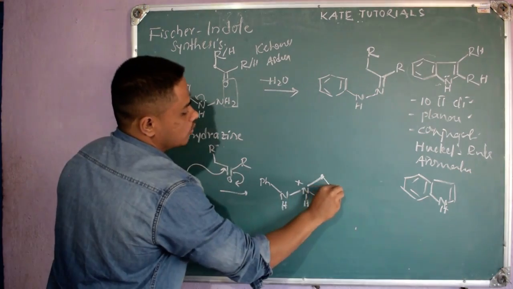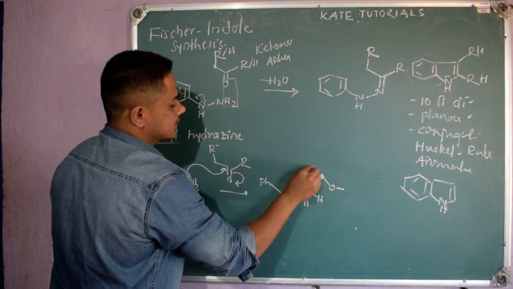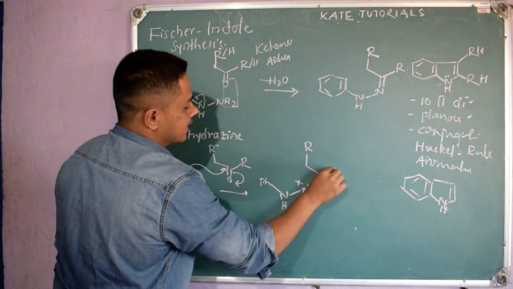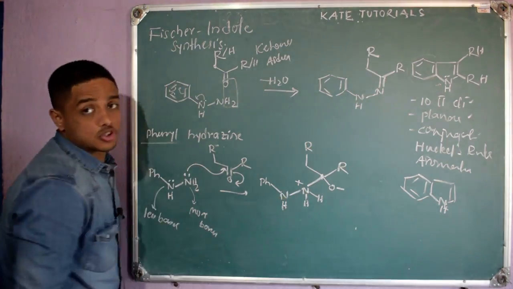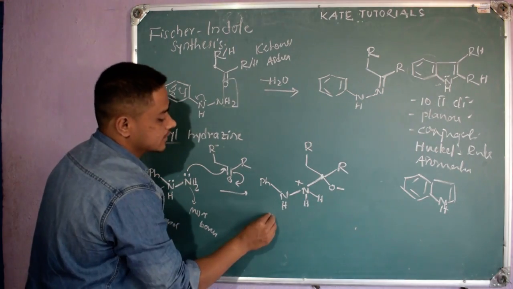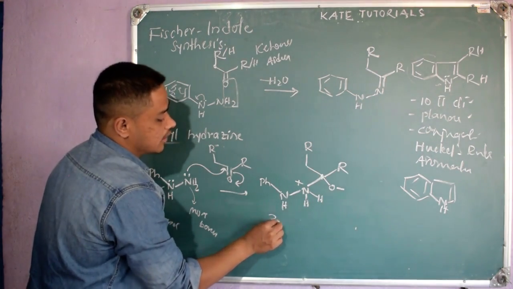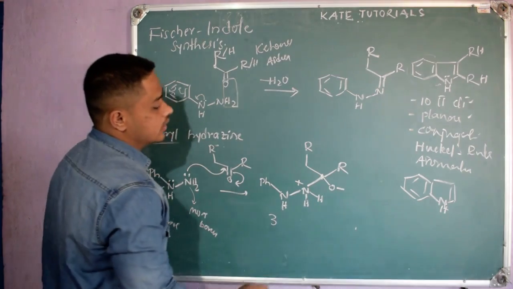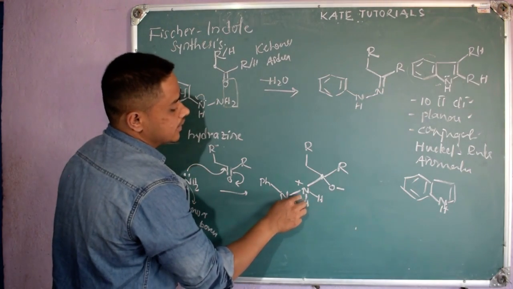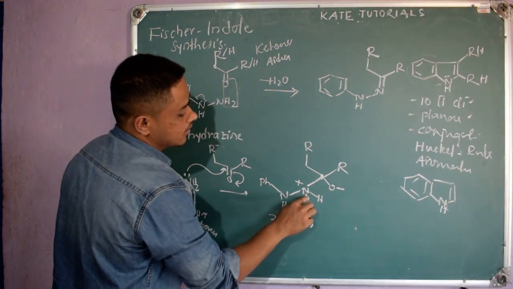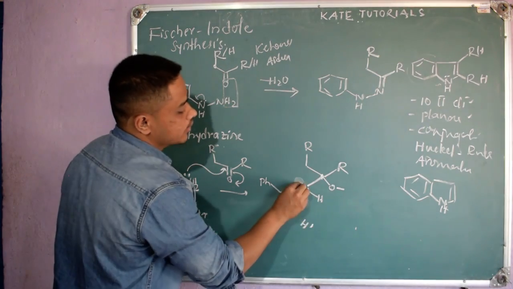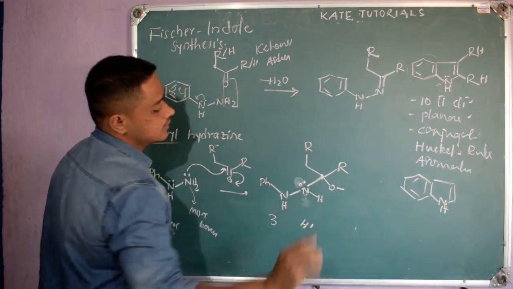Which now becomes O minus, right? The other thing, CH2R, remains as it is, and here R remains as it is, right? So nitrogen can't have a positive charge as it is an electronegative atom. Its electronegativity is how much? Around 3, right? So what it will do is take its electron density from this proton, and this H will be removed as H plus. That electron density it will take and become neutral by getting its lone pair, like this, right?